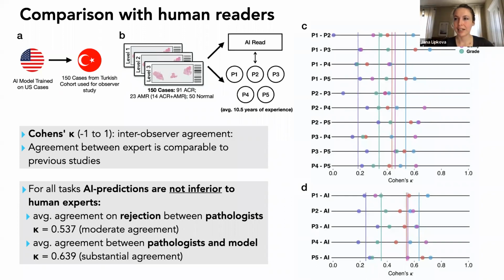The motivation is that IHC is expensive, and if it's just a very low grade and there is no suspicion for rejection, it's not always performed. So there is also variability in the IHC. Sometimes it's there, sometimes it's not. So we didn't use IHC, but in clinical practice, pathologists should probably use IHC. But overall, all the reader studies show that antibody-mediated rejections are much harder, and agreement, even between normal clinicians with IHC, is lower compared to cellular rejections. So now I reveal the secrets, and everything. Okay.